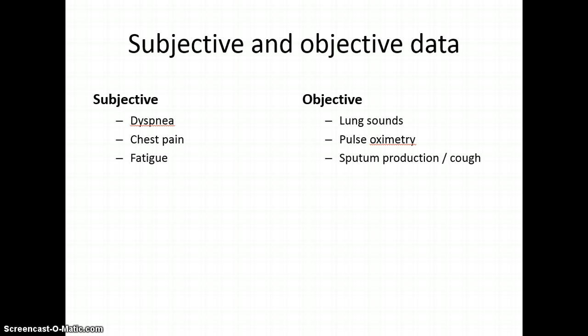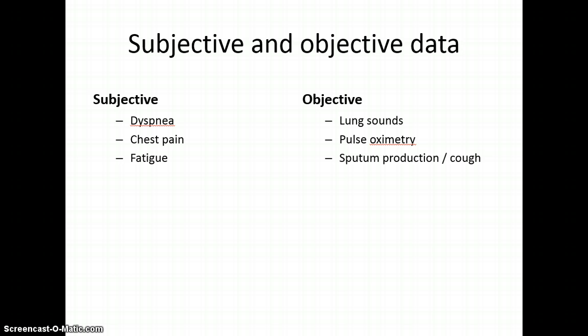Looking at our subjective and objective data, then, subjective is what they say. I feel short of breath. I'm having chest pain. I feel tired when I walk. They complain of maybe heaviness, or they describe it as a shortness of breath. Your objective is listening to those lung sounds, checking your pulse oximetry on the finger,